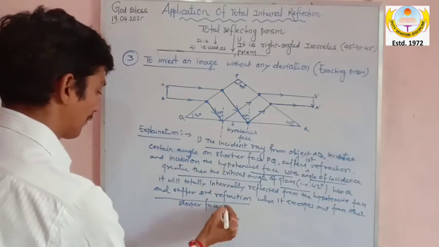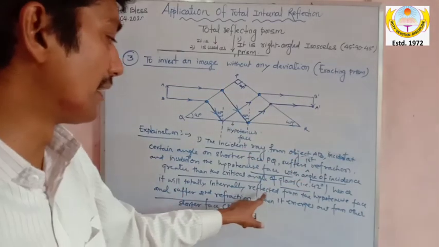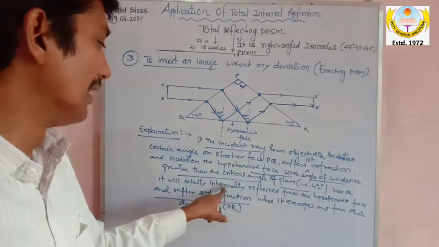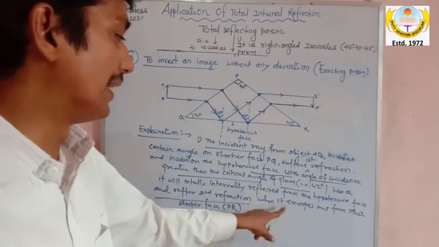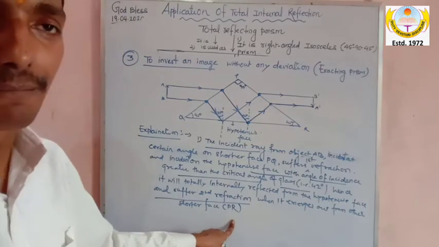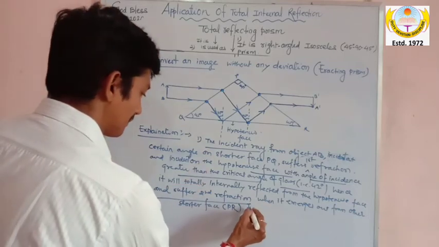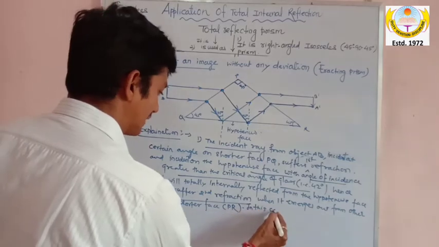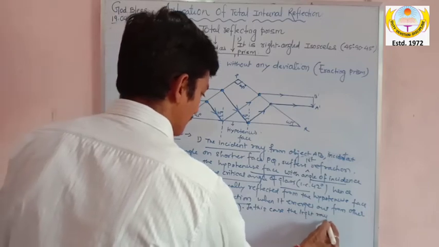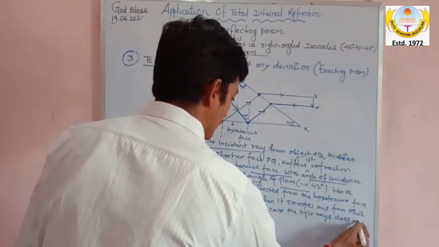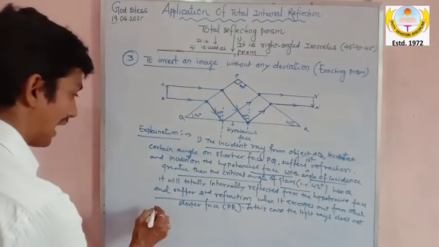and what is the name of the shorter face? PR. You can see. So my dear, it will be totally internally reflected from the hypotenuse face and suffer second refraction when it emerges out from the other shorter face PR. Am I clear? In this case, my dear, what has happened? In this case, the light ray does not suffer